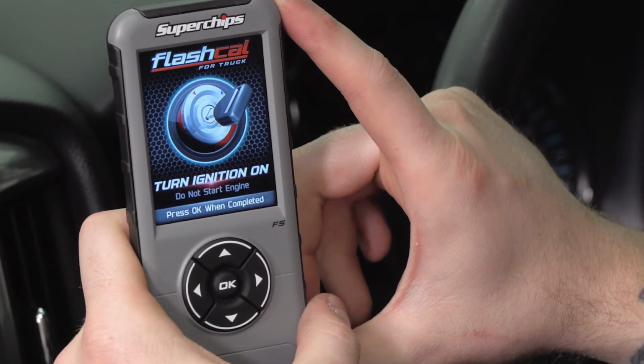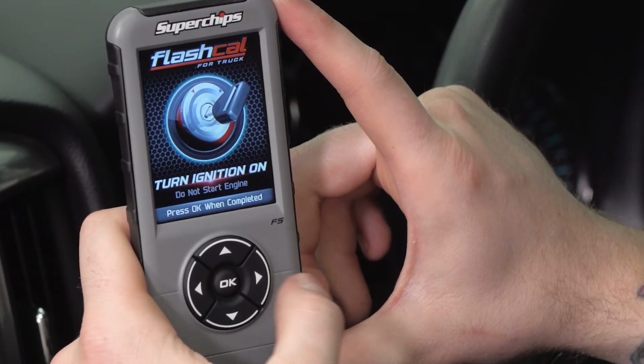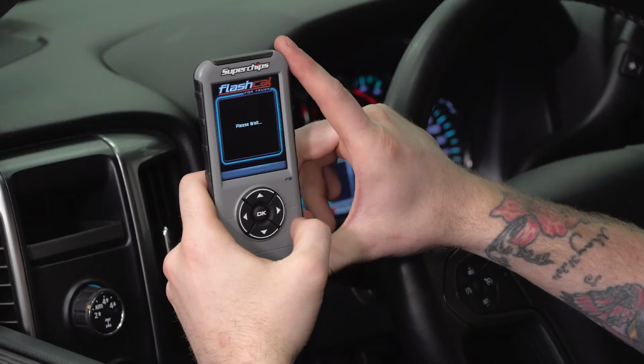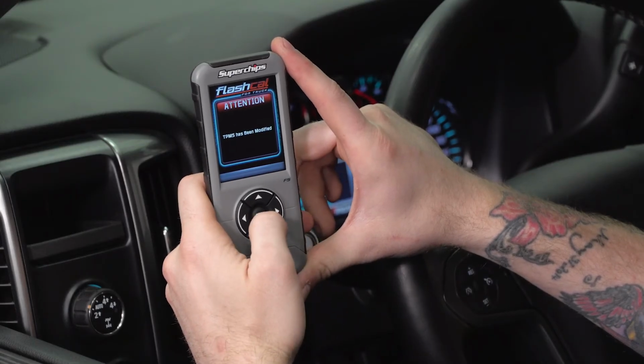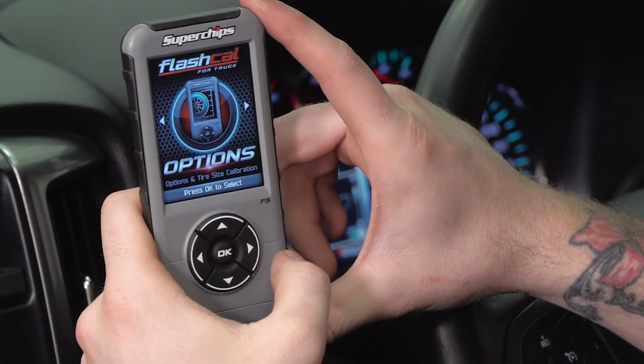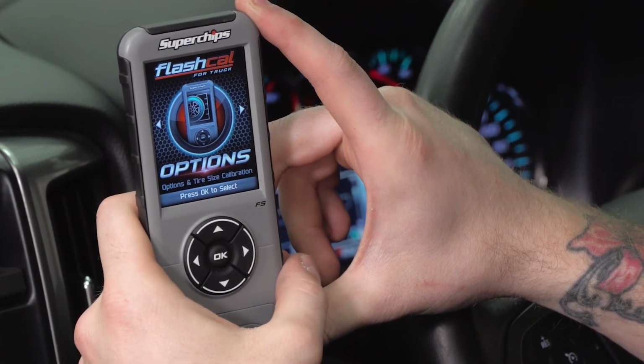And that's really all you have to do if you want to calibrate any of those available parameters for your truck. Certainly works pretty quickly and it's very user-friendly. We're going to go ahead and show you some of the other options available now. So all in all, calibrating your truck is very straightforward, easy to do, and it really doesn't take a whole lot of time. As you saw just then, it really only took us less than 5 minutes to make all